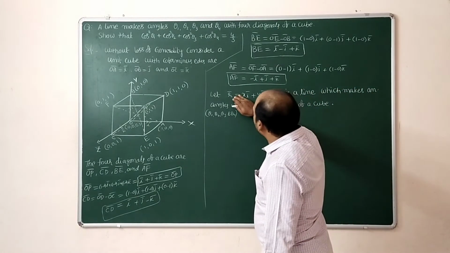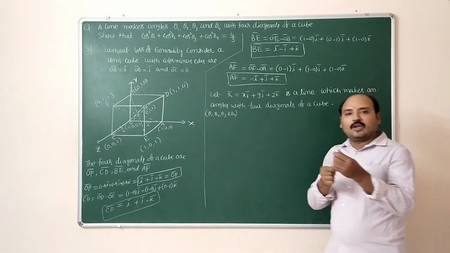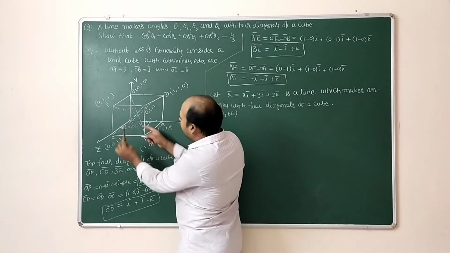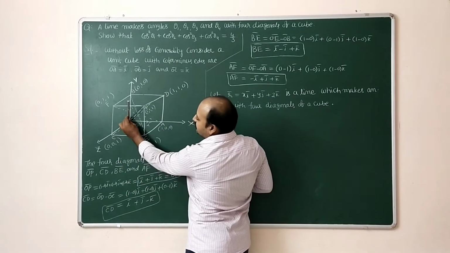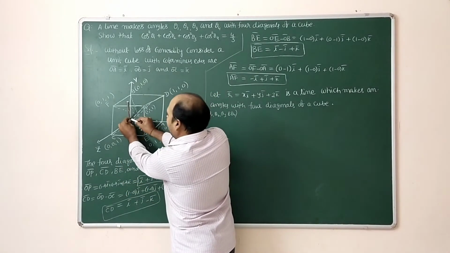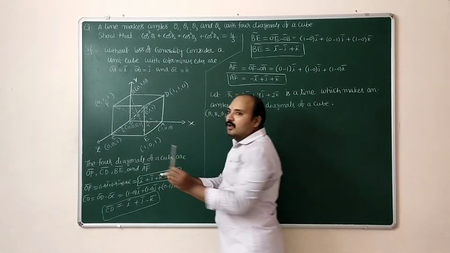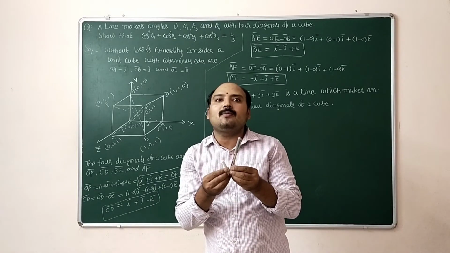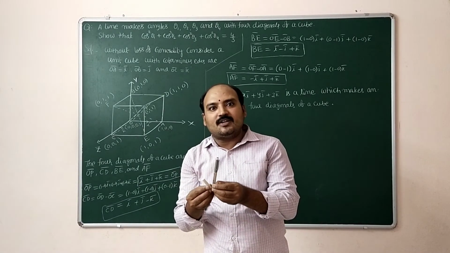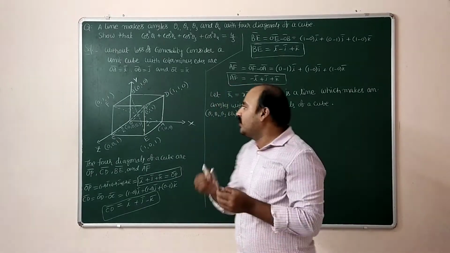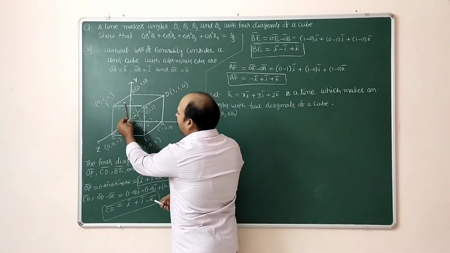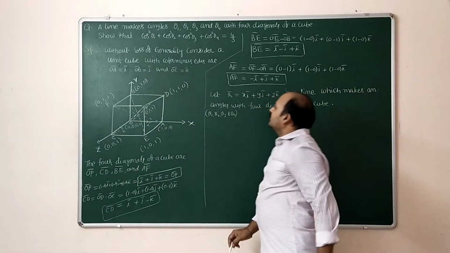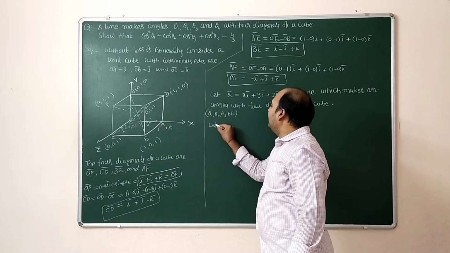First, suppose you take this as the R bar vector, the R bar line. This line makes an angle with the OP diagonal. This is R bar, the angle between OP and R bar. The angle between two vectors is A bar dot B bar by mod A bar into mod B bar. So here also the angle between the line R bar and the diagonal OP. Observe the diagram carefully.